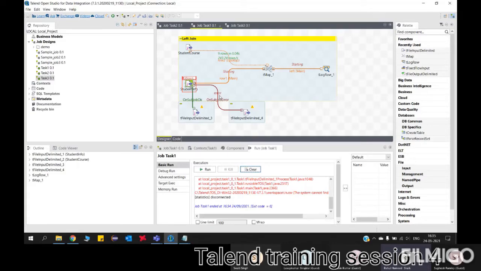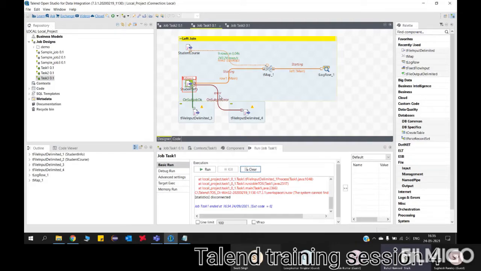And if you put the same email component on On Subjob Error, and the subject of the email you change to job is failed. And here on On Subjob OK, you change the subject to the job has successfully completed. So whenever the job failed, it will send an email saying that the job has failed, and whenever the job completed successfully, it says completed successfully. So two different subjects you will have in two different components. So that is the difference between On Subjob OK and On Subjob Error.